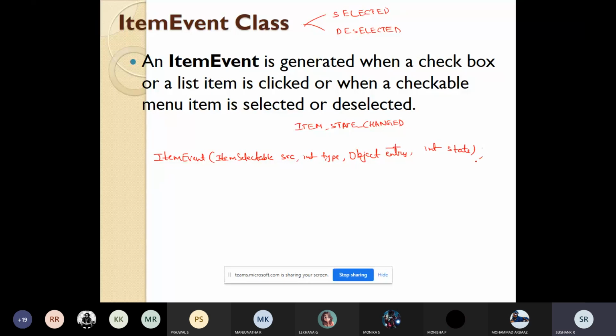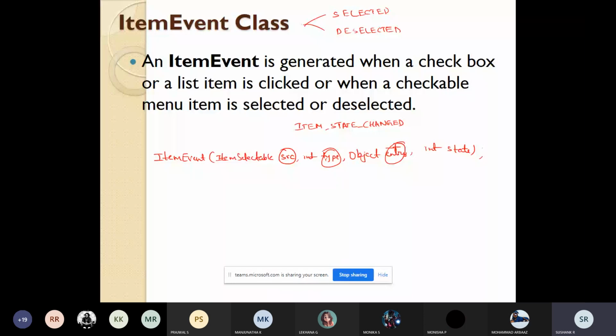So what does this mean? Source is a reference to the component which has generated this event. Type is the type of the event that is specified. The item that has generated the event will be passed in the parameter called entry.